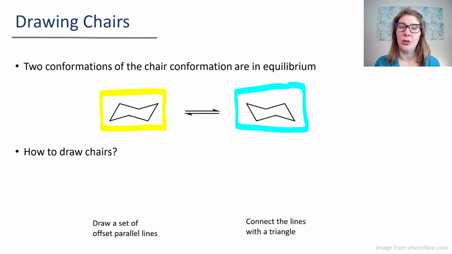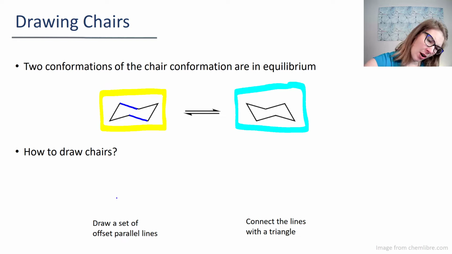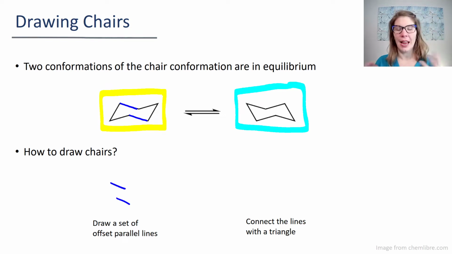What I suggest you do is draw two lines that are parallel to one another, and you want them to be slightly offset. If I'm starting with the chair on the left and trying to mimic that, let's just notice really quick that this line and this line are parallel to one another, but they're not starting and stopping at the same place vertically. So I'm going to draw an offset pair of lines. Then once I draw that offset pair of lines, which I'll repeat over here,